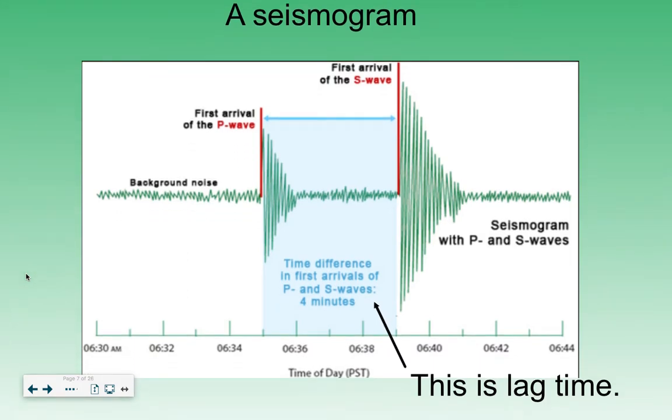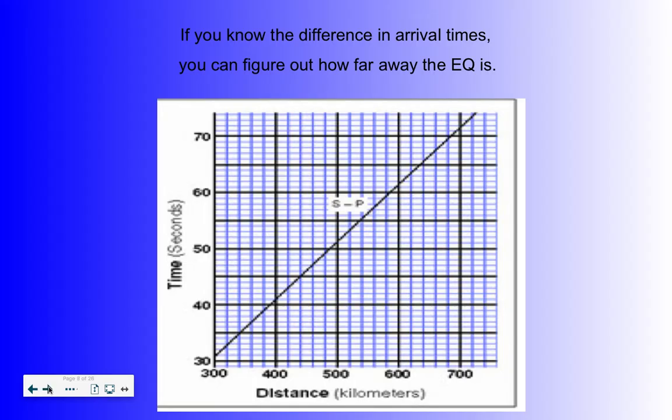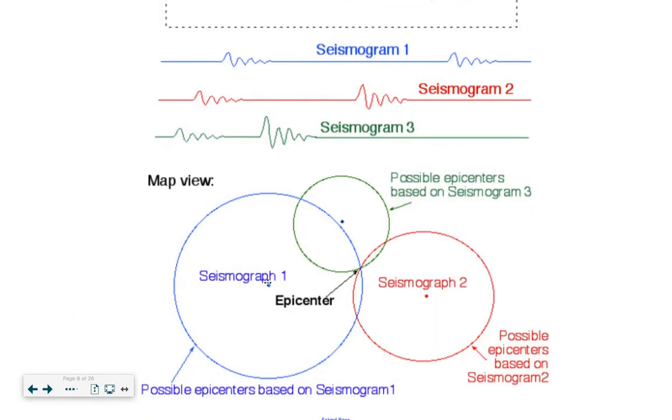A seismogram is the reading you get from an earthquake that passes by. The difference in arrival times from the P waves to the S waves is called lag time. You can take that and use a graph to change the time, the lag time, into distance from the earthquake. And then you can draw a circle on a map that shows the distance to the earthquake